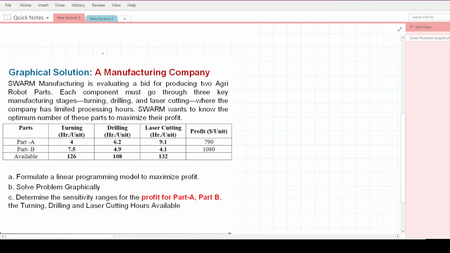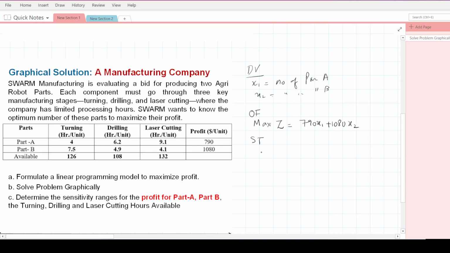So let's start. The first thing is the decision variables. The first decision variable is, let's say, x1. This is the number of part A, and x2 is the number of part B. Then we define the objective function in terms of the decision variables, and because we have the objective of maximizing the profit, we'll write it as maximize z equal to 790 x1 plus 1080 x2, and this is subject